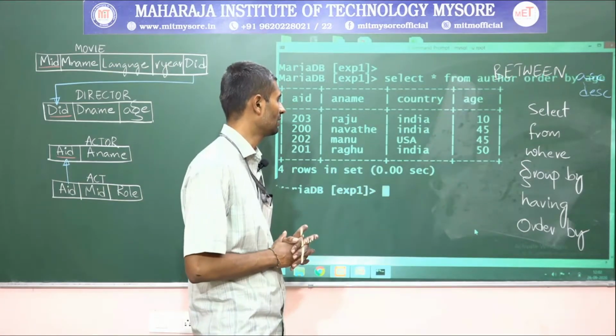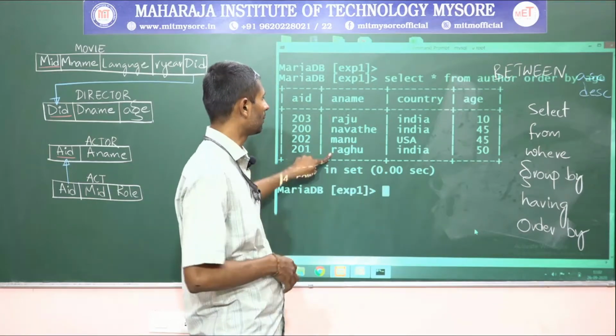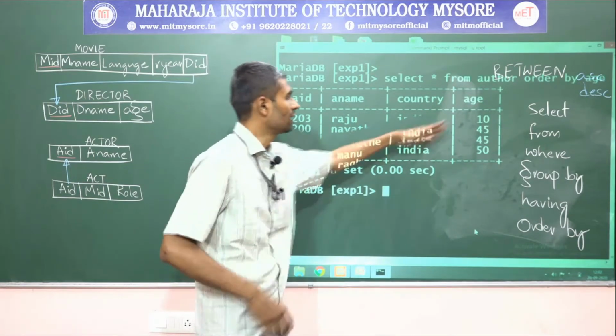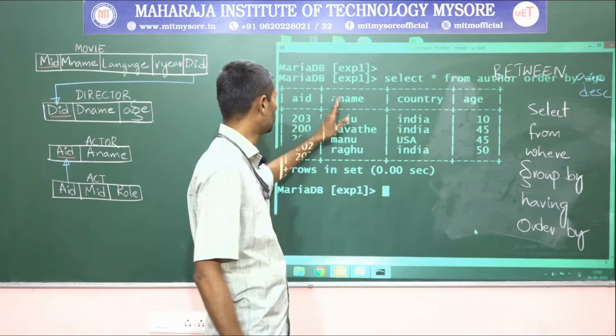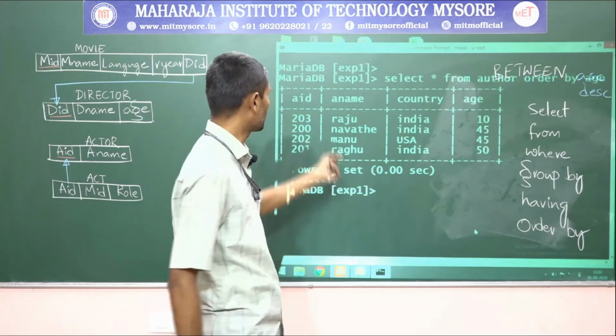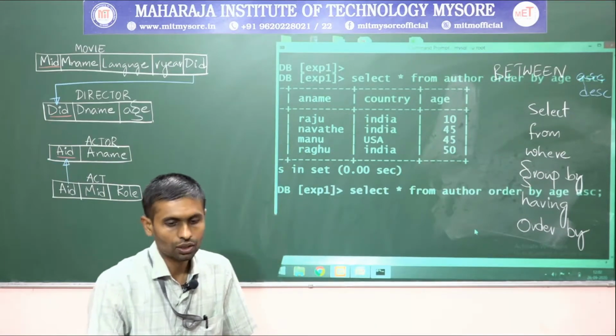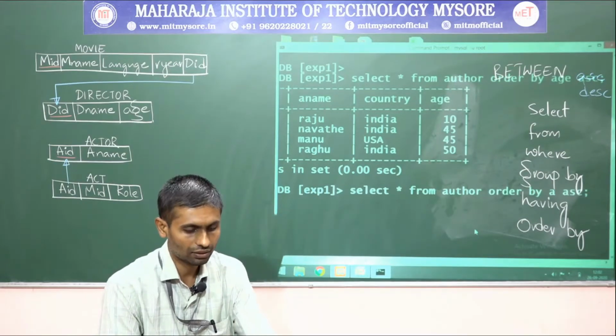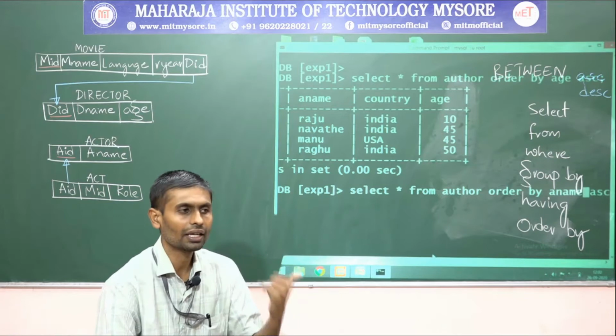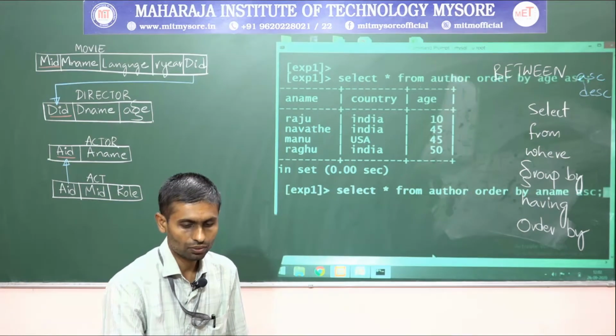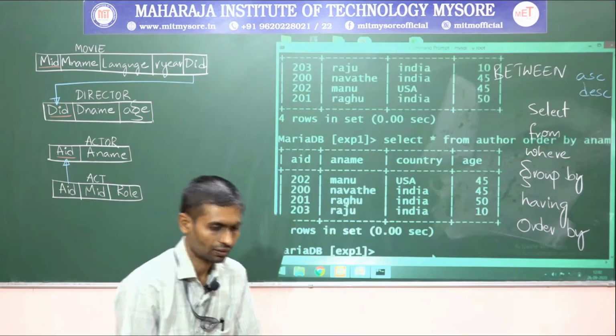Let me say, for example, guys, I want to sort based on name. What I want is to sort based on author name, because author name consists of alphabets, right? So is it possible? Yes, guys. To do that, replace age by name, right? So now what happens? We'll see, fine, guys.